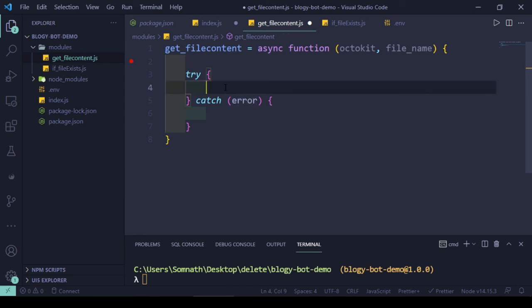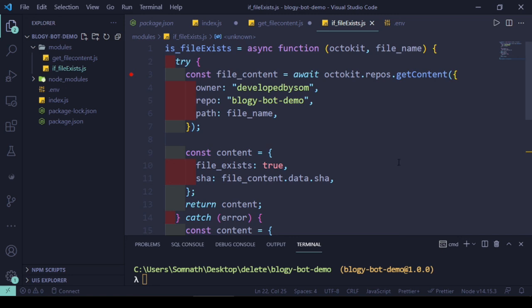And now we have to get the content in a raw format. In the first case, this is a little bit of a thing I'm not very comfortable with. When I'm doing the file exist check, we are able to get the SHA value if we just pass the path name and not a format like the raw format.